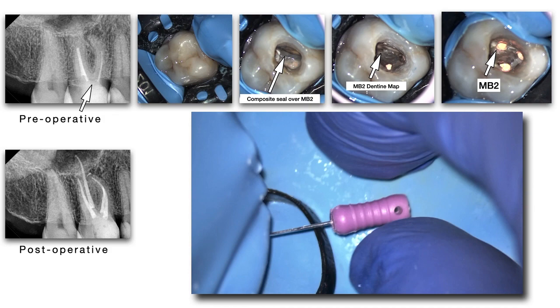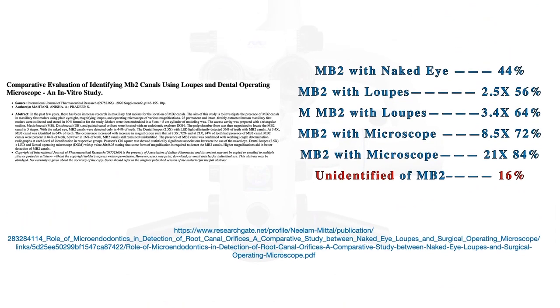So I would like to tell you some tricks or important facts about this point, which is that human eyes are not able to see the MB2. If we want to find an MB2 with the naked eye, it is only about 44% of cases. But I believe, because I did research with my colleague in my country, that the percentage of MB2 in our society is more than 80%. Today we believe that all cases have an MB2, but we are not able to find it, because these numbers tell us in this article, and as in my practice,